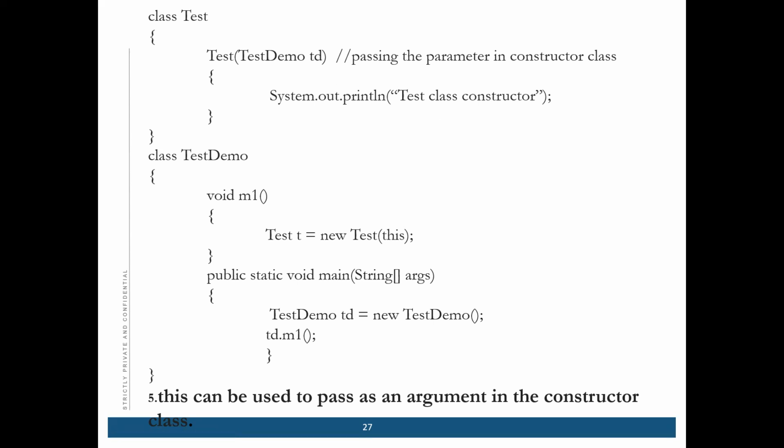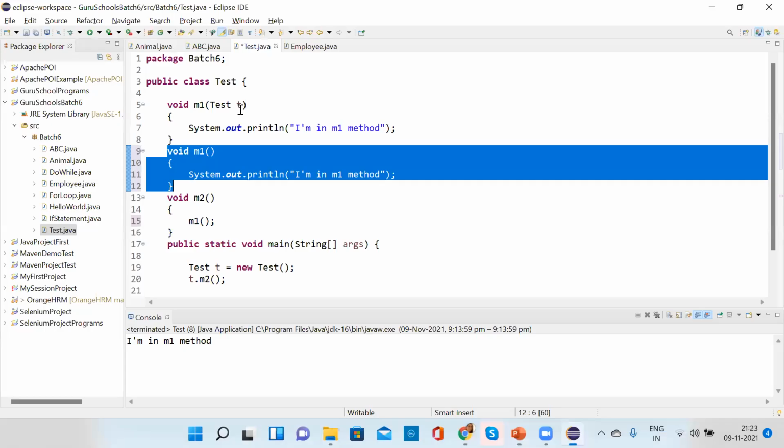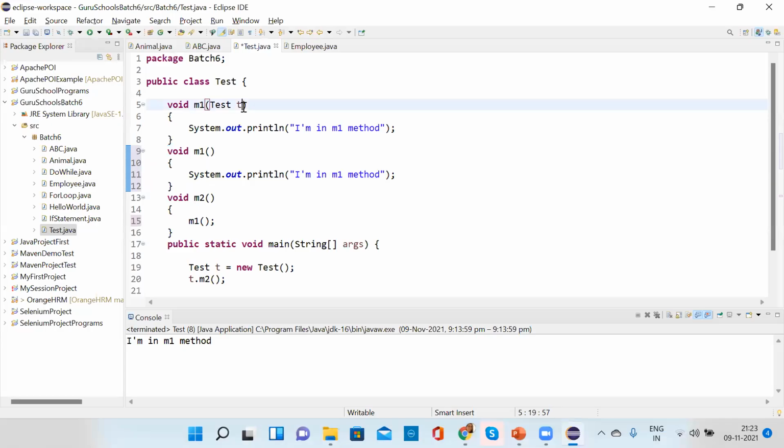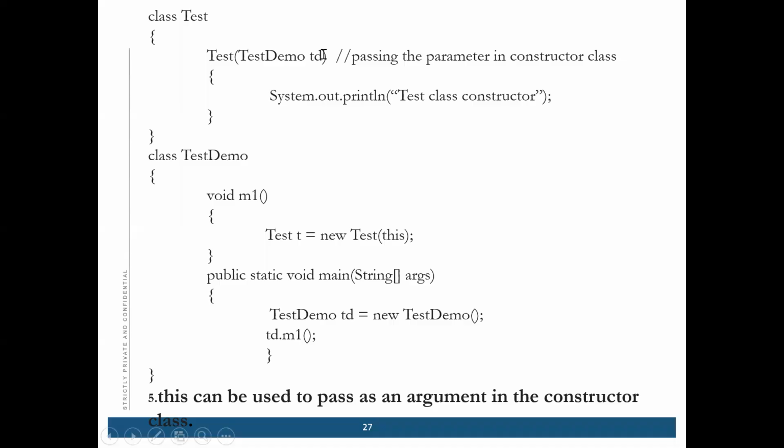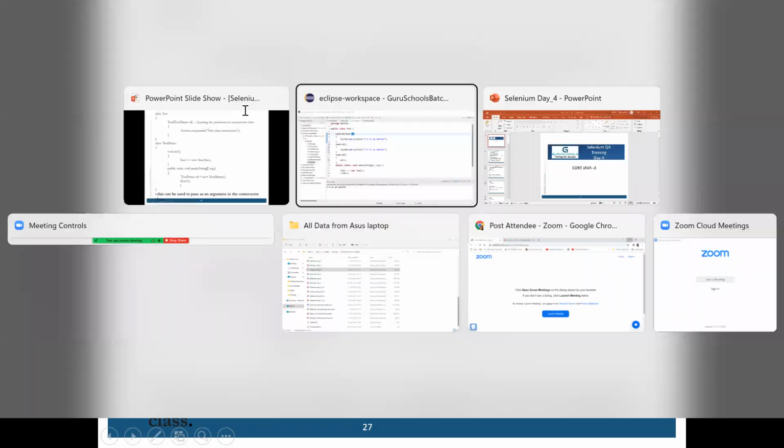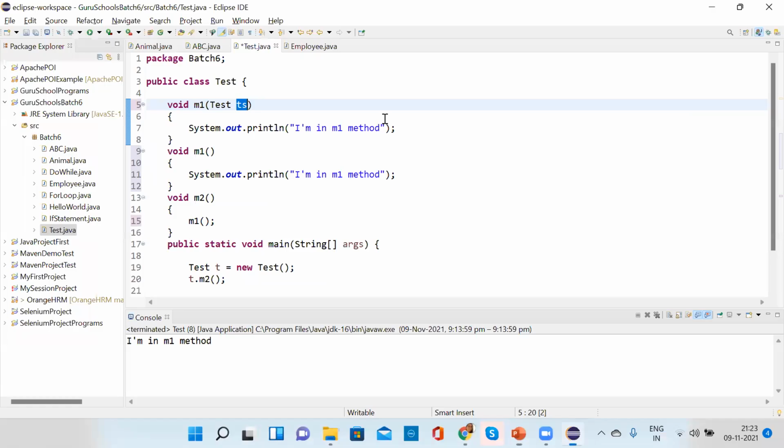So basically we are passing the object of a class as a parameter. It can be an object or it can be T also. The parameter could be an object also, then also it's fine. It can be a variable or a parameter. It doesn't matter that you are in a different class with a different variable. So you can use TS also or any other variable name. It doesn't matter whether I pass a variable or an object.